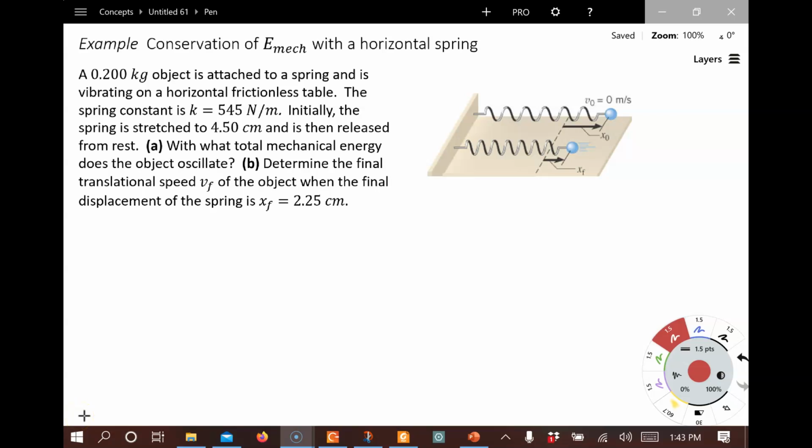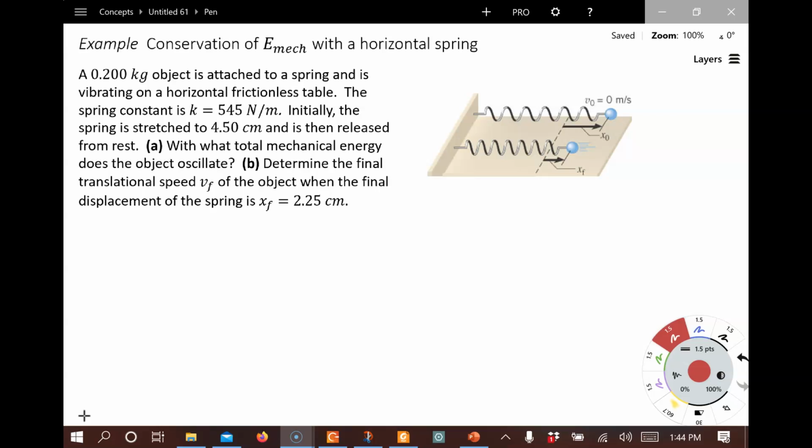Hi, this is an example problem from Chapter 10 that has to do with elastic potential energy. Pause for a moment and read the question. All right, so we're going to use conservation of mechanical energy in this problem because there's no friction on the